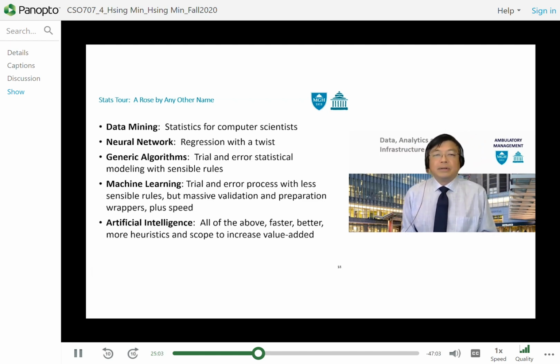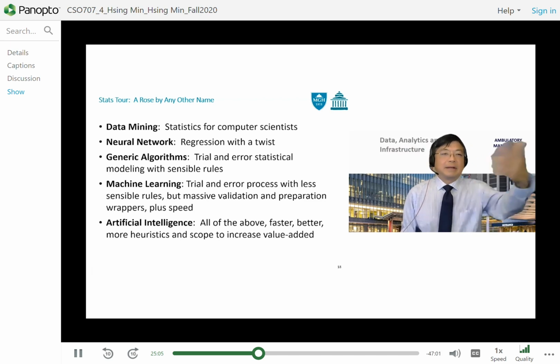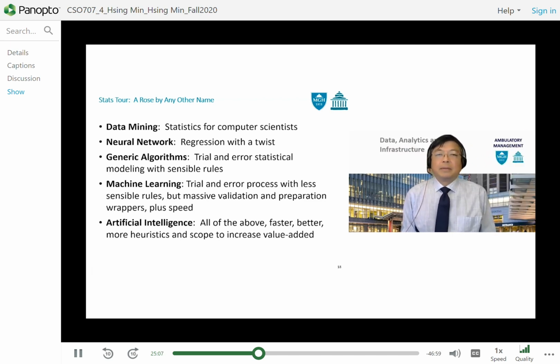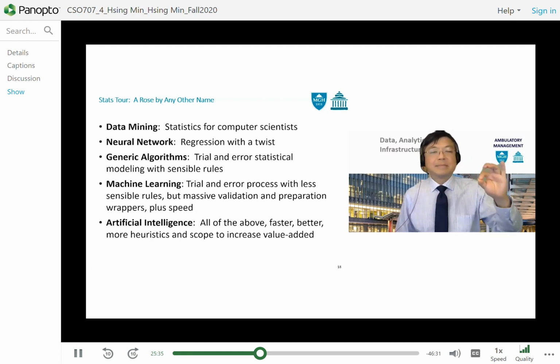Okay, neural networks came next. This is kind of like in historical time order. Neural network is just regression with a fancy mathematical twist. So same, it's a statistical technique with the same statistical pitfalls, plus some other ones. Genetic algorithms apply statistical methods, but it automates the trial and error process with some sensible rules. Machine learning applies statistical methods, but it automates the trial and error process with less sensible rules and therefore can